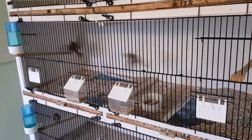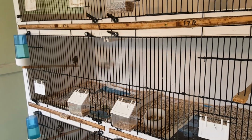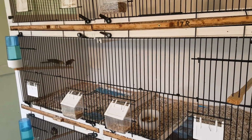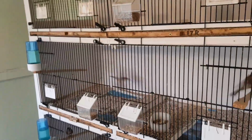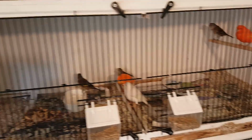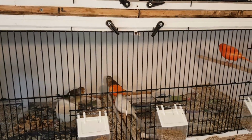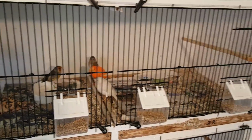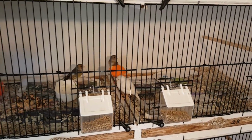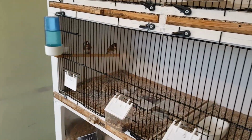So down in this cage is a golden song sparrows. They're going to go outside in the flight. I've just got to clean everything up. So they're going to go out, and then the parva hen that's up there is going to go into that cage. In this cage, we've got a pair of reds and then some Goldie mules we'll use as feeders, and a white Irish that's going to be used to mule with one of the parva cocks. So that's that. And then down here, you've got a parva pair, really steady birds,